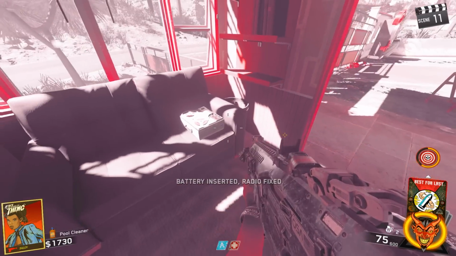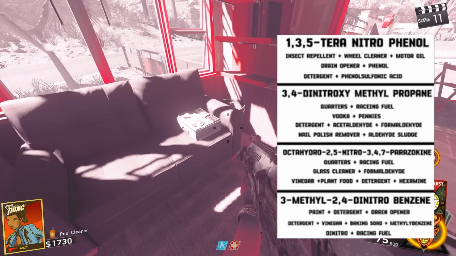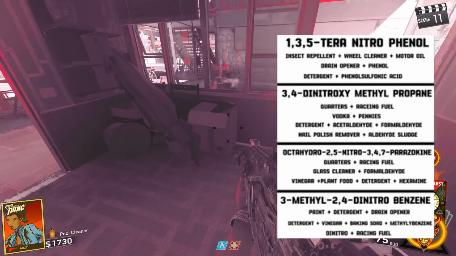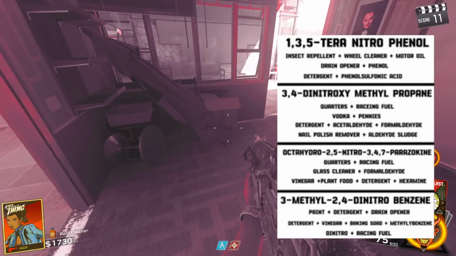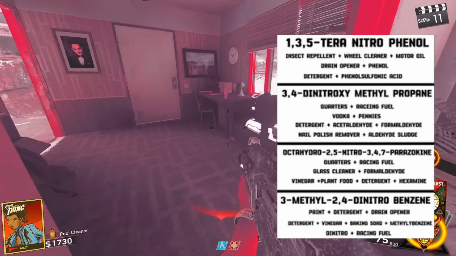Octahydro 2,5-nitro 3,4,7 parazosine can be produced by the nitration of hexamine in the presence of ammonium nitrate and acetic acid. To prepare 1,3,5-trinitrophenol, one must understand that the phenol ring...